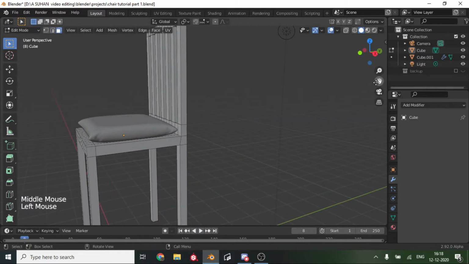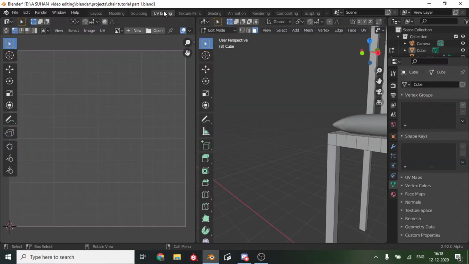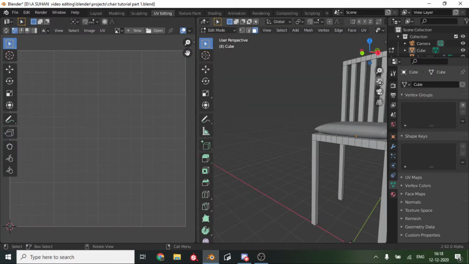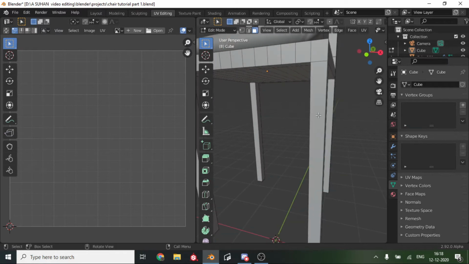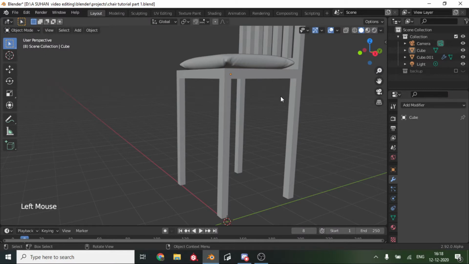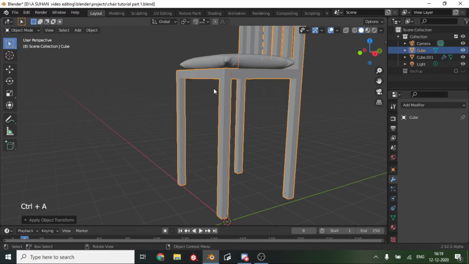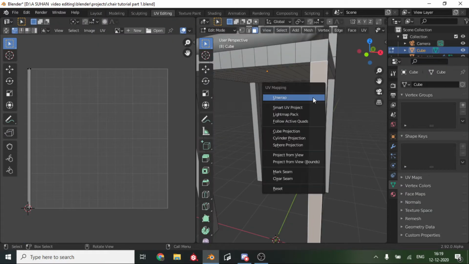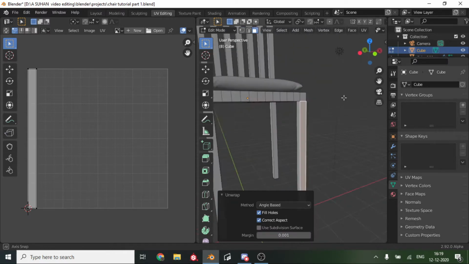In face select mode we can first change into the UV editing so that we can see what we are doing. And I'm telling you a hack so that it's really easy for us to do. You'll see object has a non-uniform scale, and that's because in the first part we scaled the cube to be like a chocolate bar, if you remember. So we want to first select the chair, Ctrl A, and scale. That will apply it, and now we will have no more problems. U and unwrap, so that fixes it.